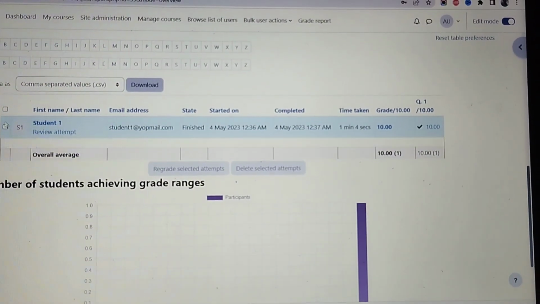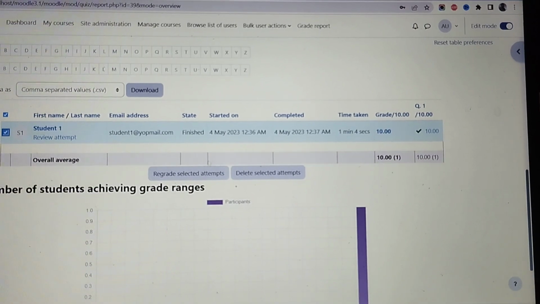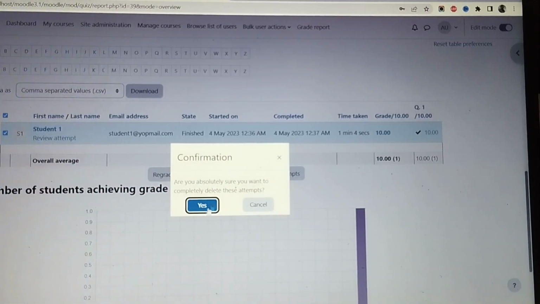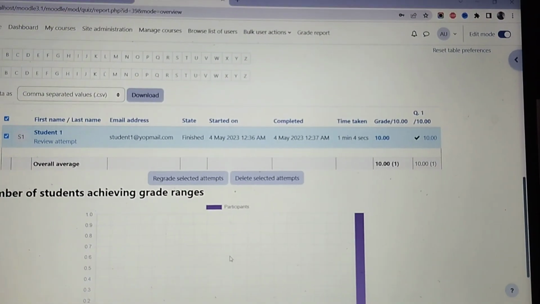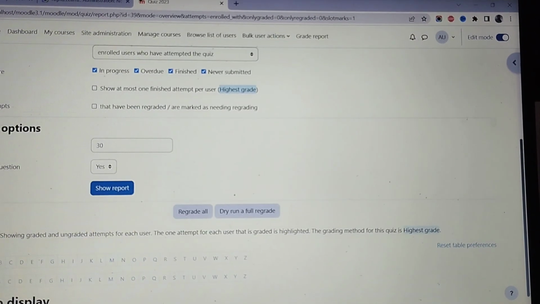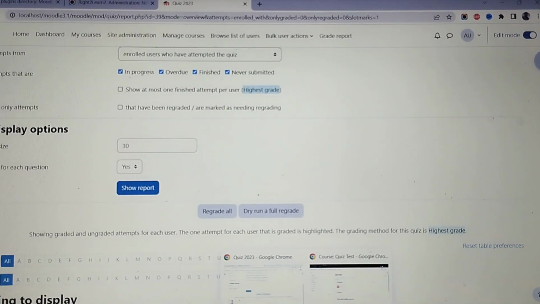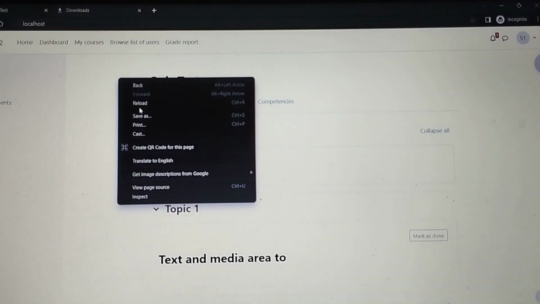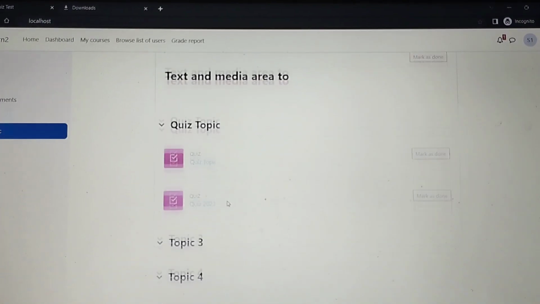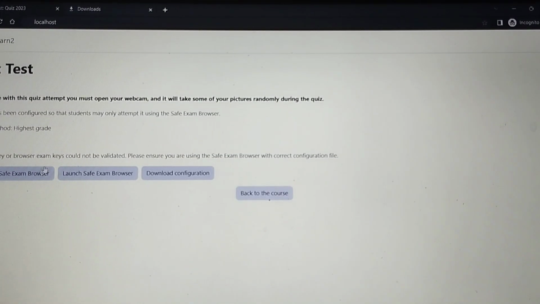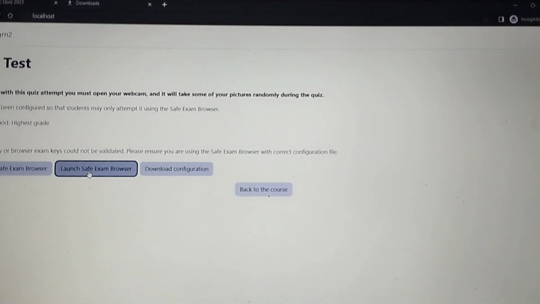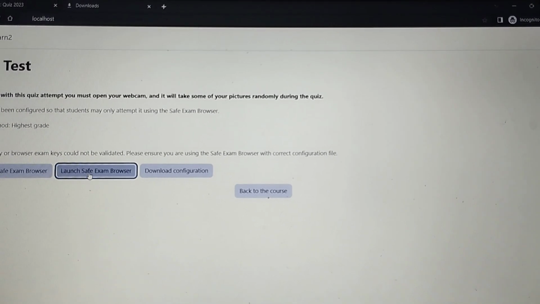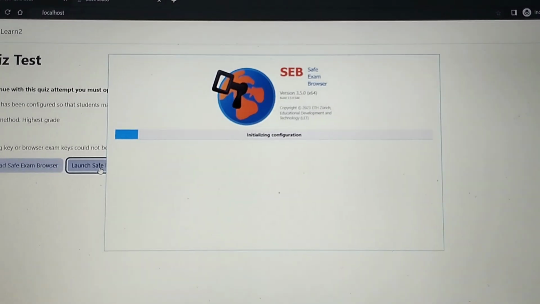So let me delete this setting so that it will appear again at the student end, so that we can test everything. Okay, so now again I am here on the learner side, clicking on quiz 2023, launch Safe Exam Browser, click on that,